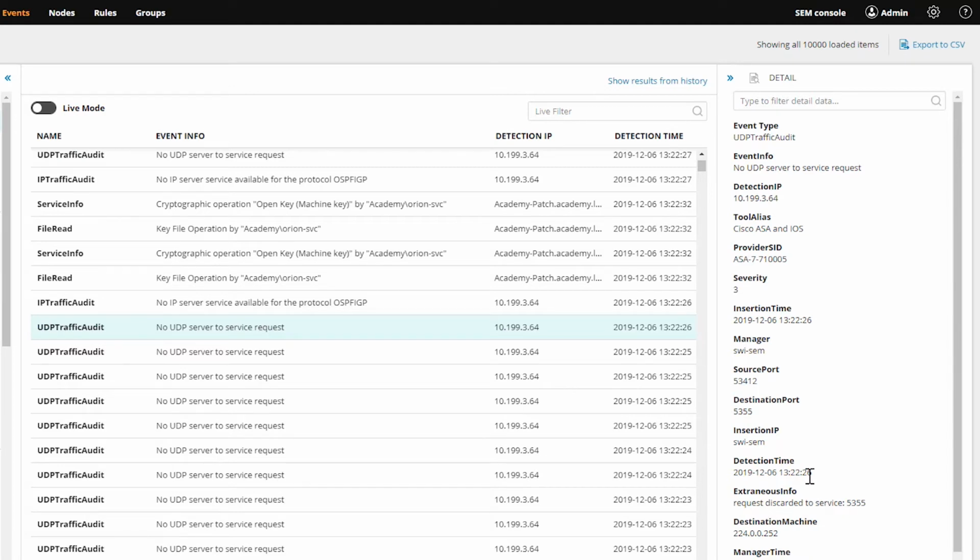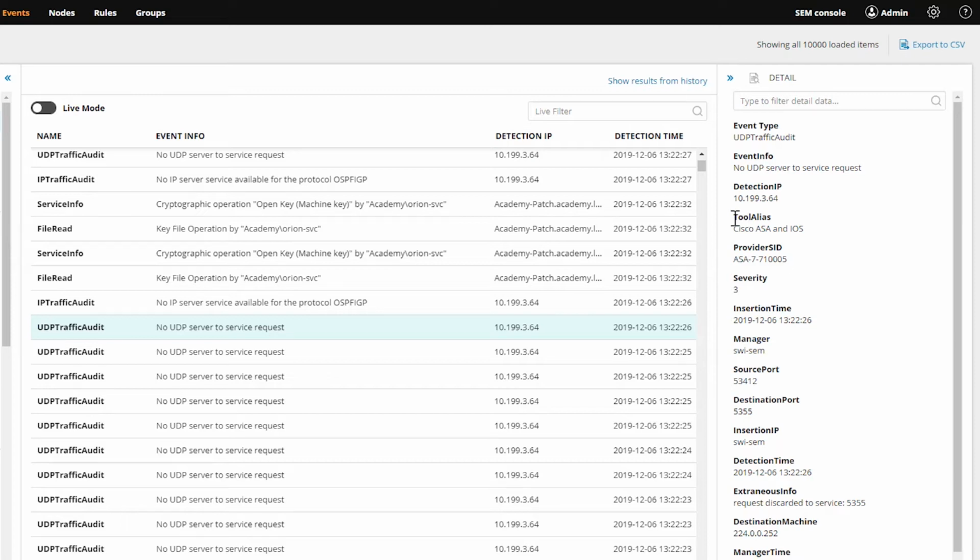But if you notice any performance issues, or you see your drift here increasing, so the detection time is getting further away from the insertion time, possibly minutes, possibly hours, that's a pretty good indication that your SEM is no longer able to keep up with its real-time performance, and something is dragging down its performance, or it's not spec'd high enough. You may need to consider giving it more resources because it's simply not able to maintain the level of traffic that you're sending it. That's a pretty good indicator of losing your real-time status. So watch out for that if you're noticing any performance hiccups.